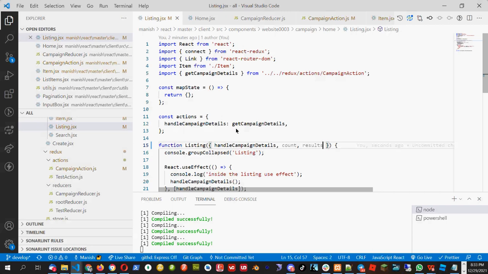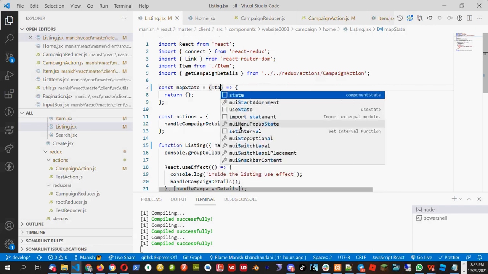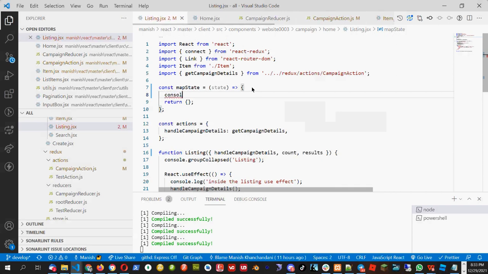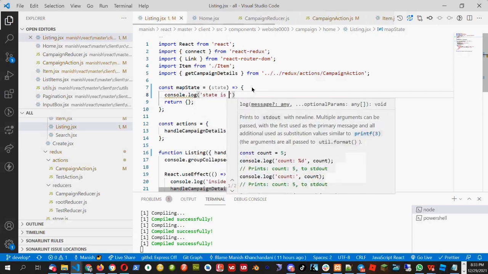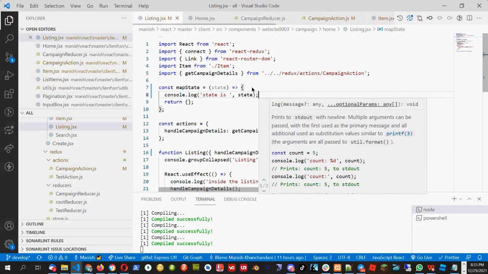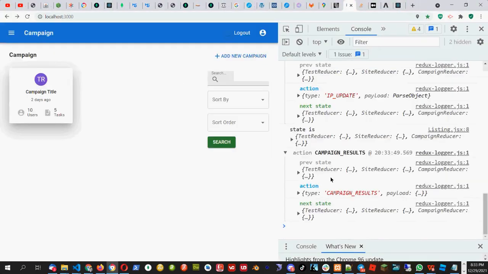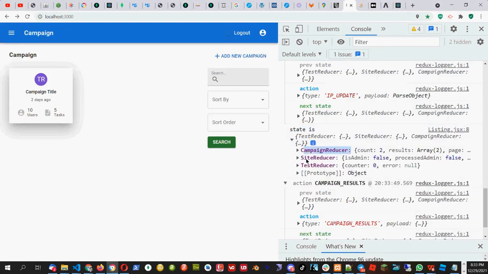So whenever we want to show the results here, we will always get in the map state, we will get the variable state. Now let's see what state is coming. So I will console the state to see what is coming in the state. So you will see this is a state and it has all the reducers.